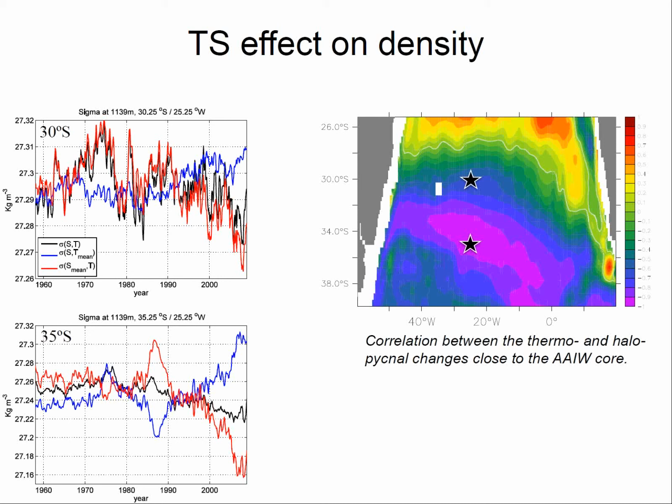For the salinity contribution, we keep the temperature at the mean and let the salinity evolve over time, and then we see just the contribution of salinity, and the same for the temperature, and here is the total density. And we see that at 30 south, the total density, which is the red one, follows really closely the